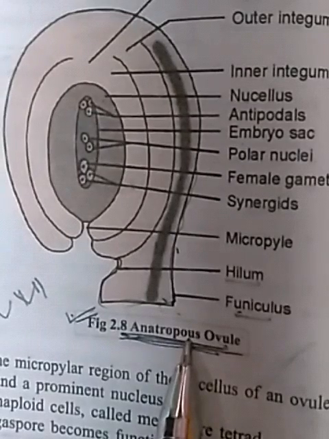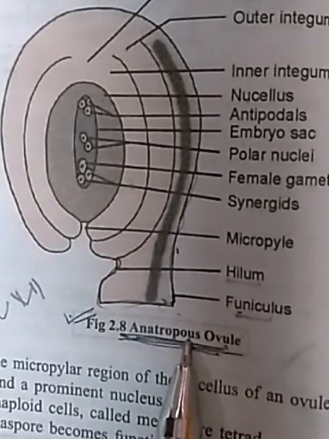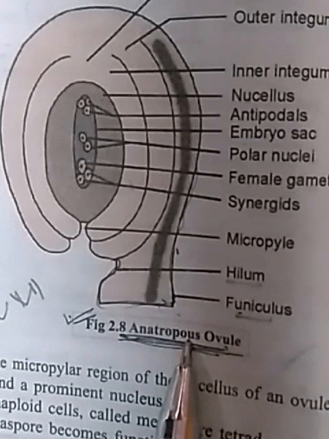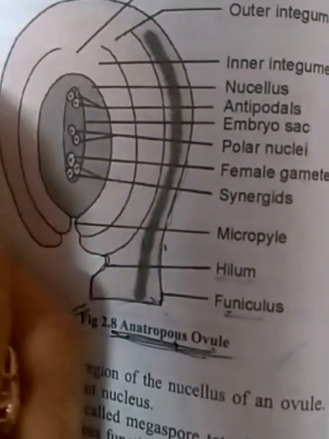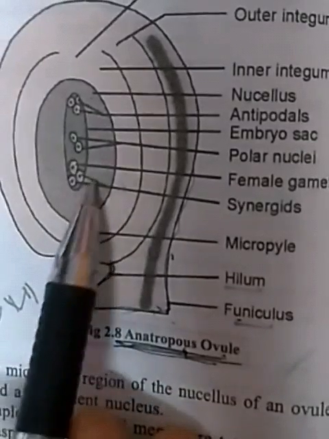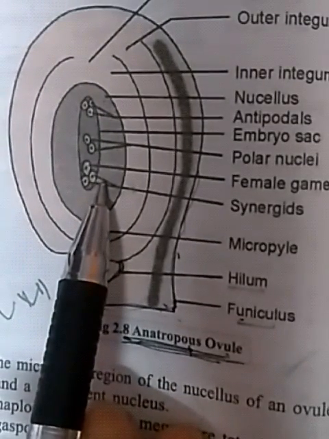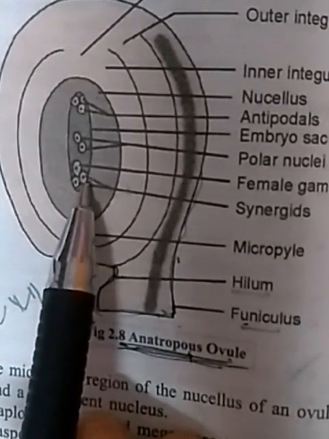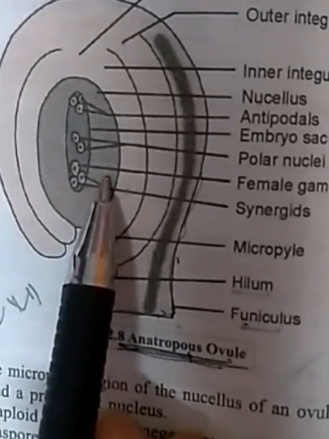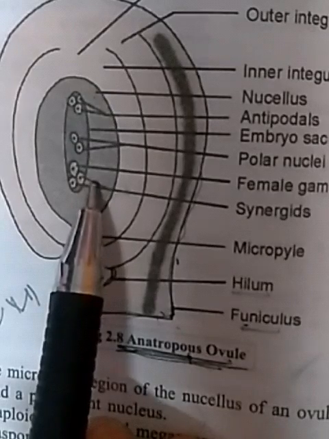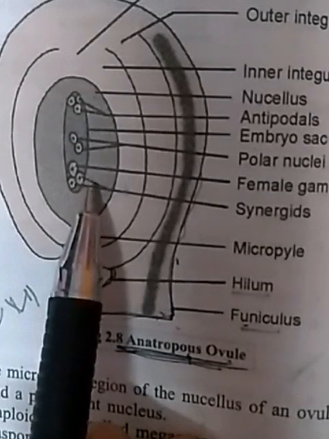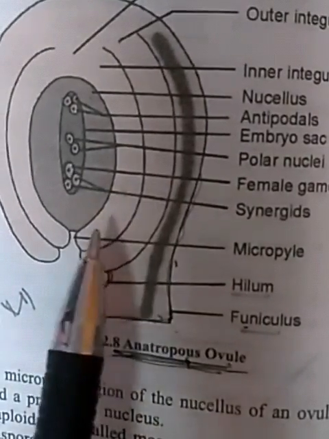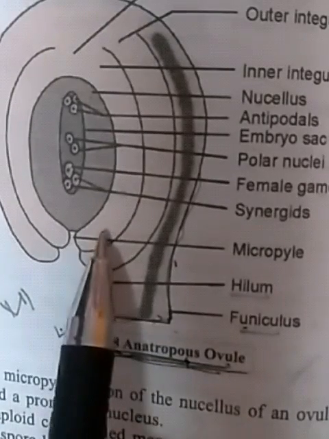You are familiar with the term that the gynoecium is the female reproductive part of a flower. It has mainly three parts: ovary, style, and stigma. The ovary encloses one or more cavities called locules inside it, and the placenta is the tissue seen in the locule that bears the ovules or megasporangia. The number of ovules in an ovary may be one, as in mango, rice, wheat, or many, as in watermelon, papaya, etc. Now, let us discuss the structure of an ovule.